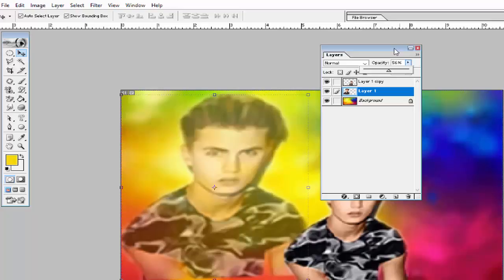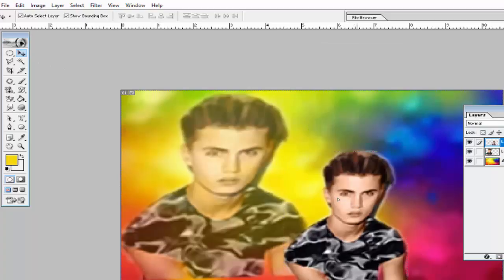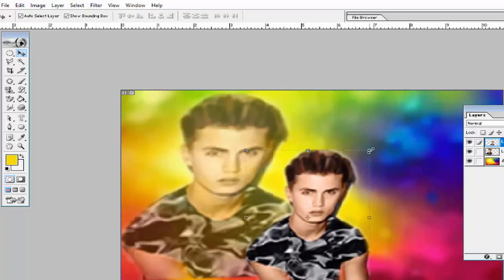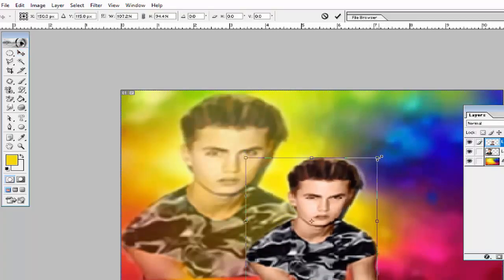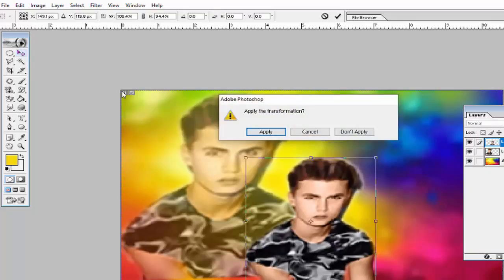So I think you understand how to adjust the opacity to make the picture like this. And then put this image here, and you can increase its size and adjust this image here.